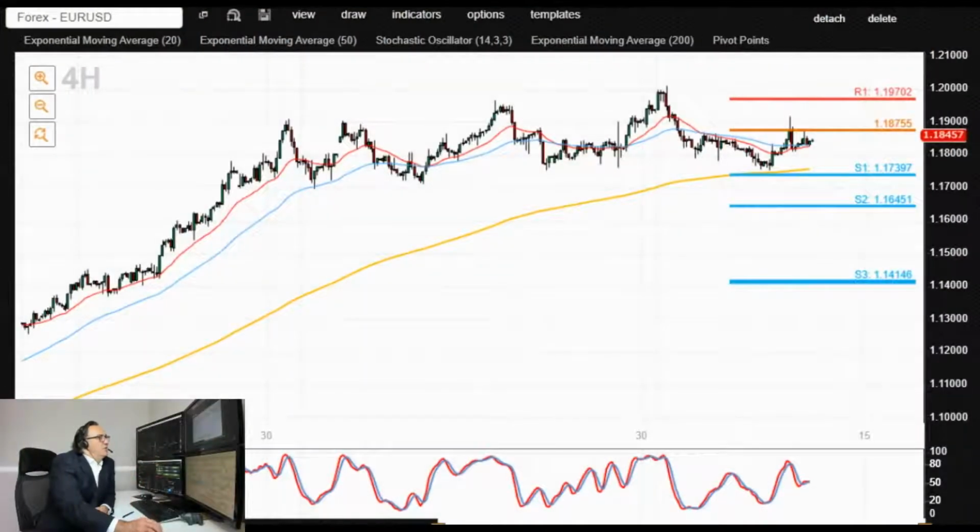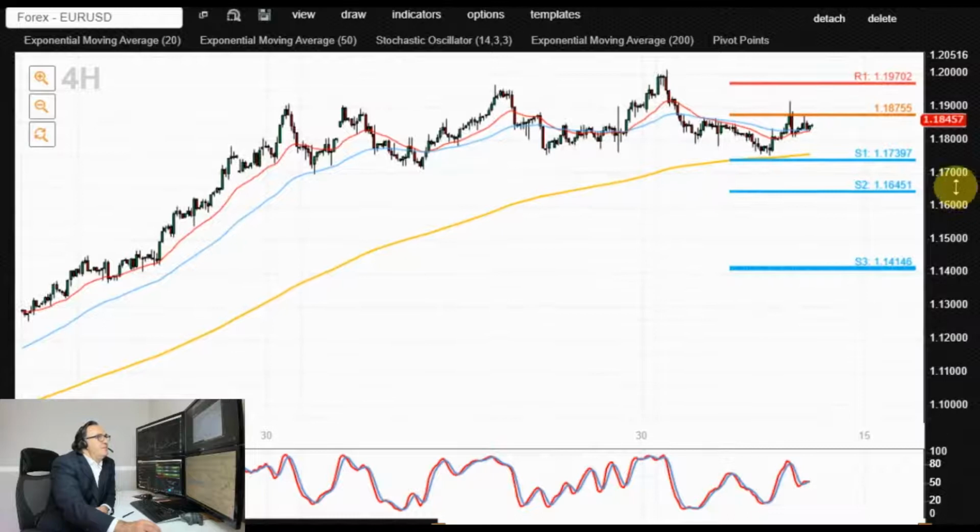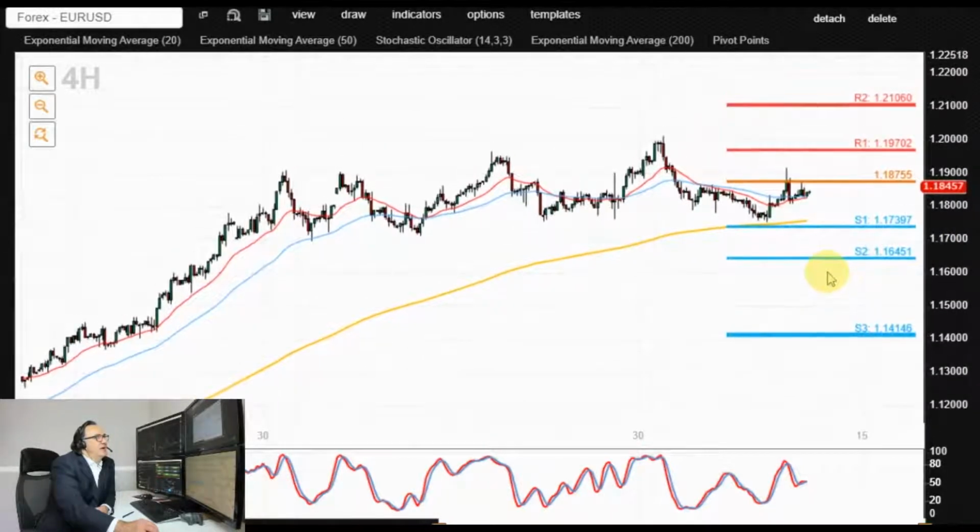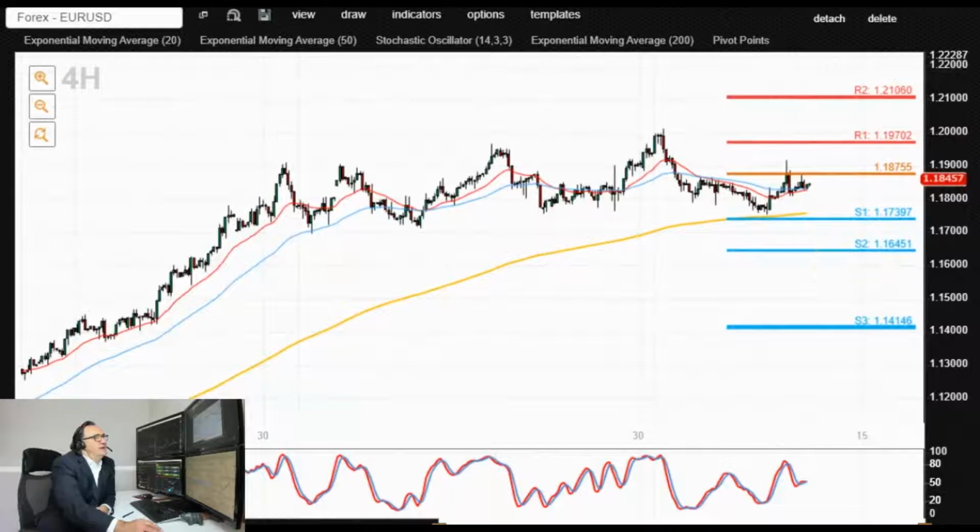This is euro-dollar in intraday 4-hourly time frame. We can see the price action is consolidating sideways. We have this sequence of slightly higher highs and this sequence of slightly higher lows, but generally ranging. There is no trend here as such. Key trading level at the moment is at 1.1875. Breakout above that level could possibly be considered bullish, targeting resistances towards 1.1970 and then that psychologically important 1.20. We had the ECB rate decision and the press conference last week, which was closely watched.